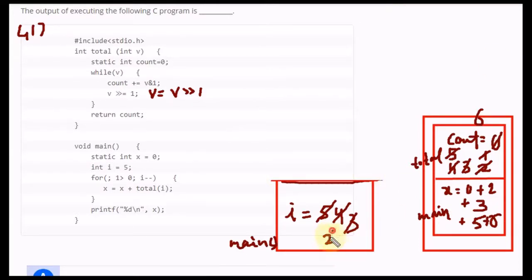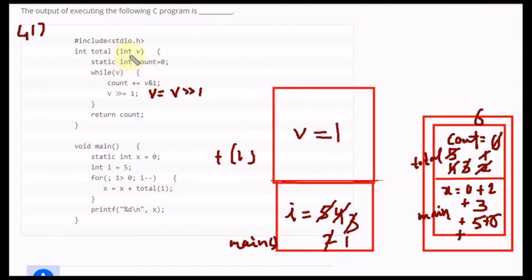Okay, and our I value will be decremented, and again this condition is true, and that's why we are again going to add some value in here. X value will be updated, and our t1 function will be called in here. So now value of v is equal to 1 here, and this condition is true, that's why we are going to update the value of count.